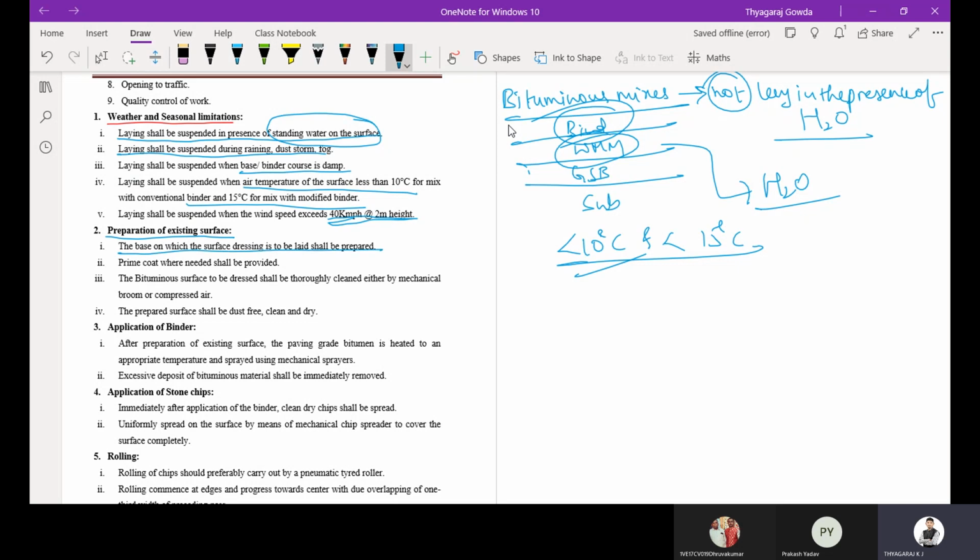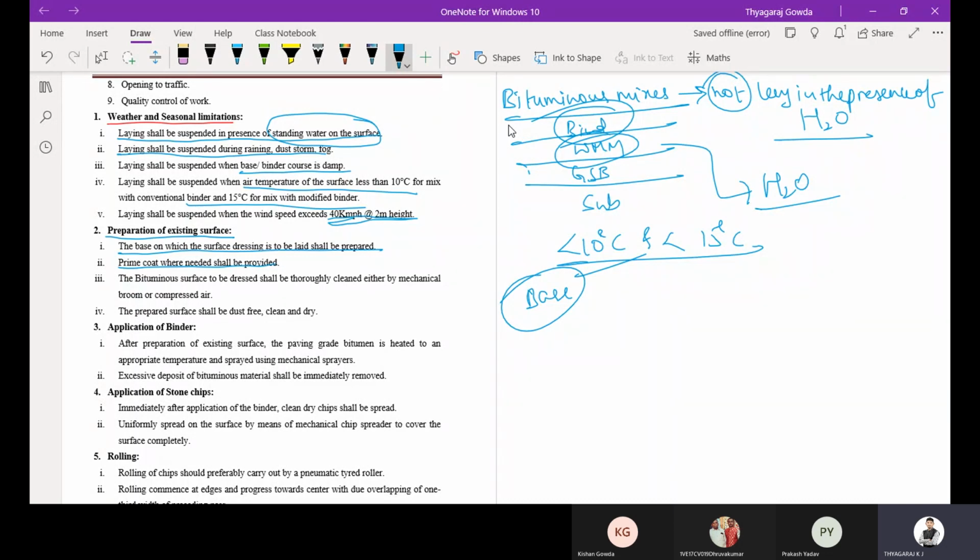Usually the base layer will be the base course or the binder course. It should be laid and prepared cleanly. Then prime coat, wherever needed, shall be provided.